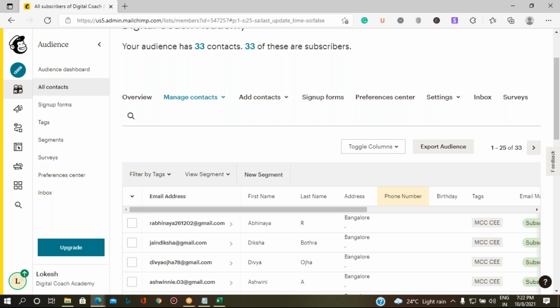Okay, fine then. So you can add the contacts, then you can design your pages. So how to design your pages, that we will discuss in the next class. Okay, if I start over here, it is going to take more time. Fine. So we will end it for today.